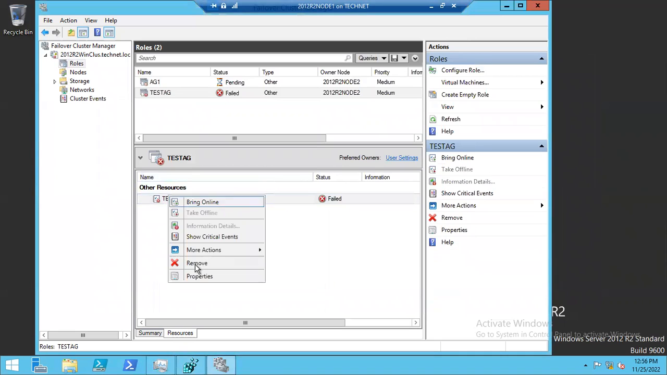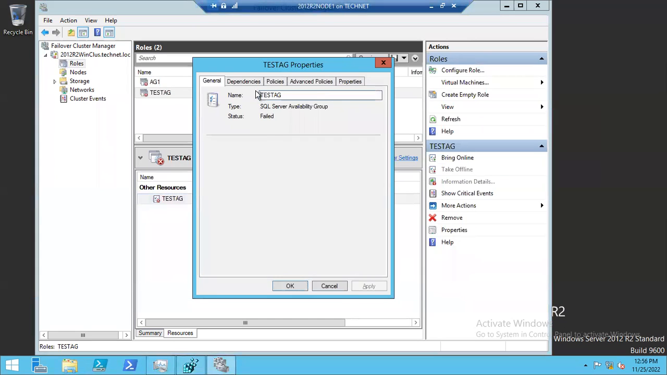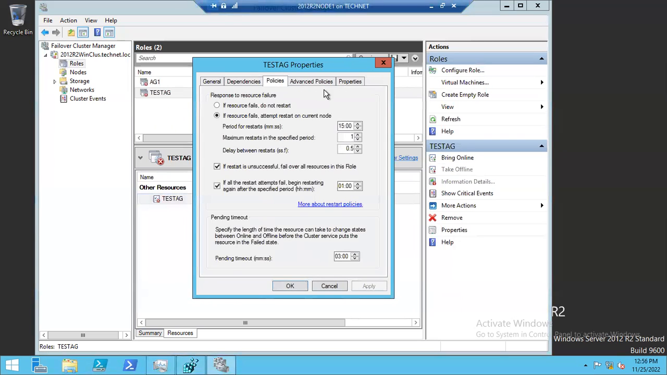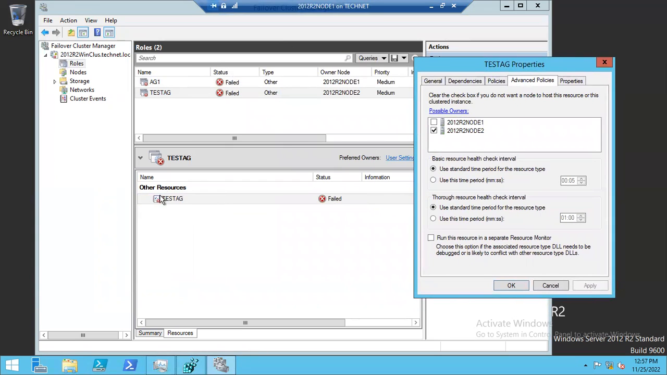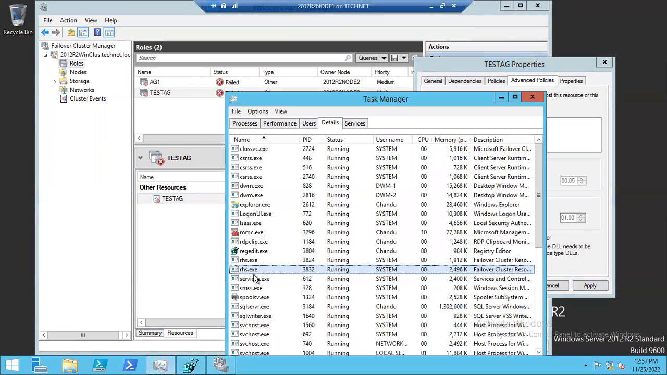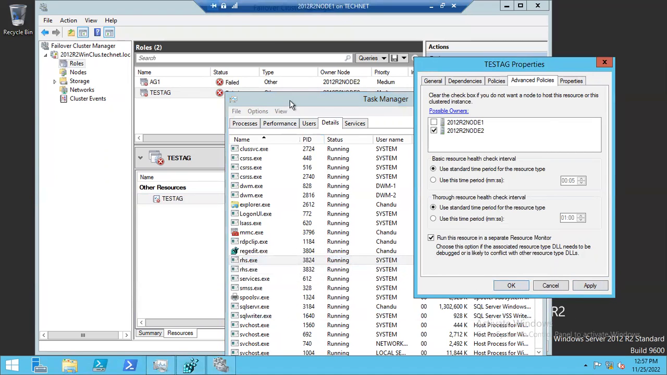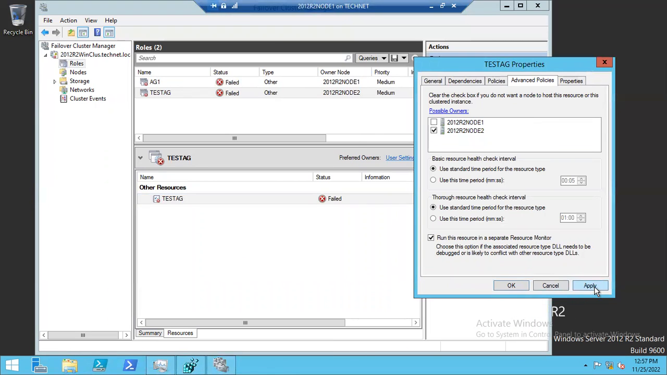Now, let's go to the properties. Advanced policies, run this resource in a separate resource monitor, right? So you have an option. By default, every availability group is hosted in one resource monitor. For example, you want to host this particular resource, this is the role, this is the resource. If you want to host just this resource itself in a separate resource monitor, now how many are there? Two are there, right? Let's see. If you just use this as a separate resource monitor,